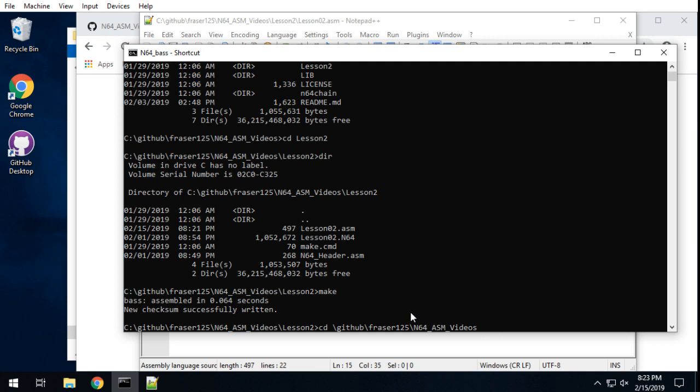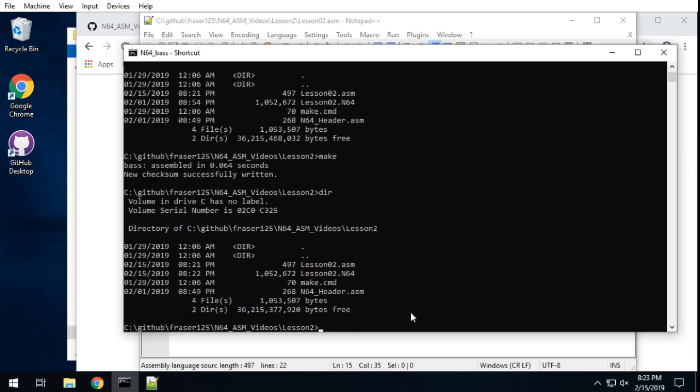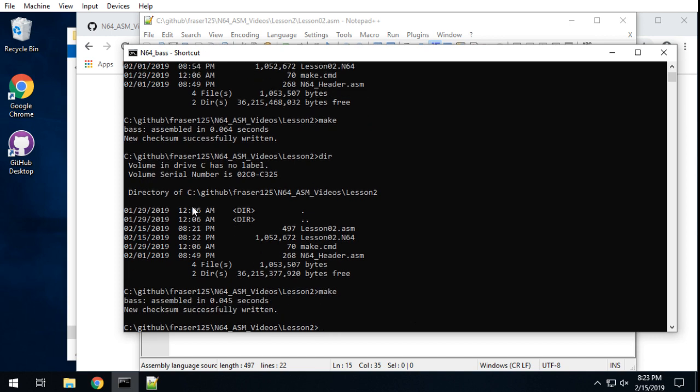And so again, this is just the backslash and tab keys. Just allows you to navigate very quickly. And then other than that, I was just using dir, which is for a directory listing. Just kind of tells you where you're at. So pretty basic. And then we did a make,